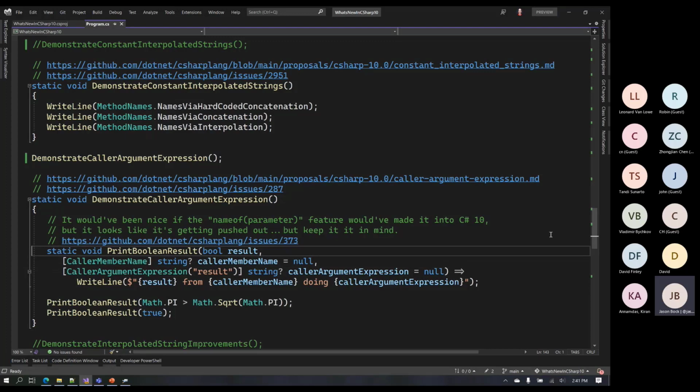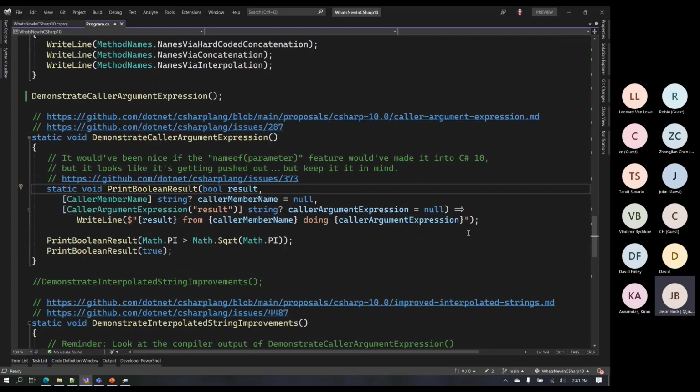So, for example, with this local function PrintBoolResult, I have the result parameter. Then I also have a CallerMemberName. This is something that I think was added in 4, which hard codes the name of the caller, the member name of the caller, into the call site. Okay, that's why you saw that little weird $main, because this is a top level statement program, and so the name is kind of generated with a non-human-looking name. Okay, but that's the name of the caller.